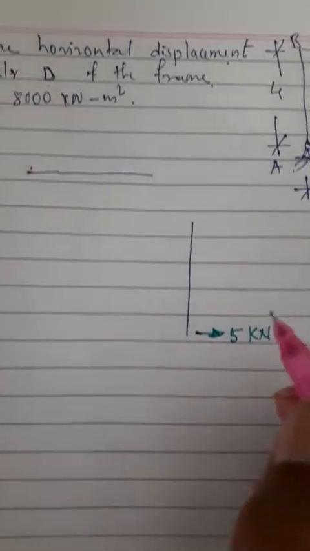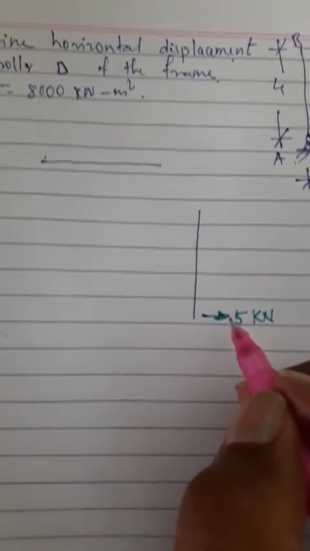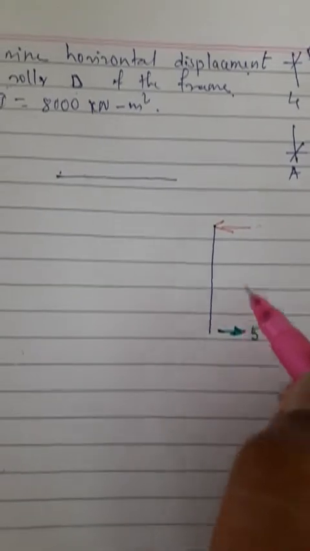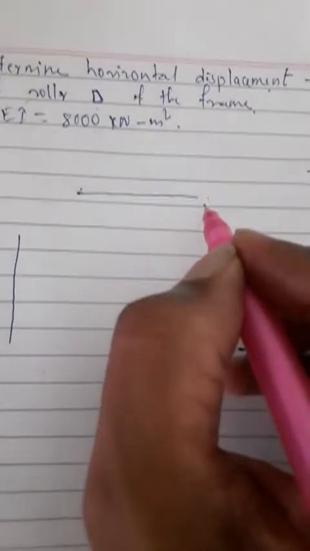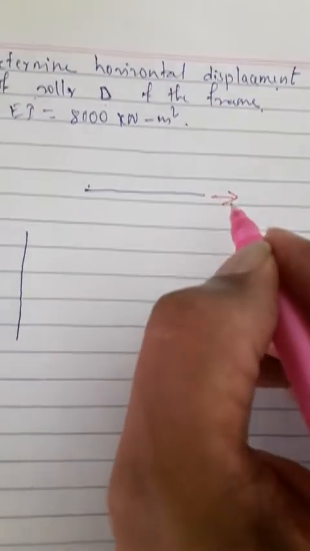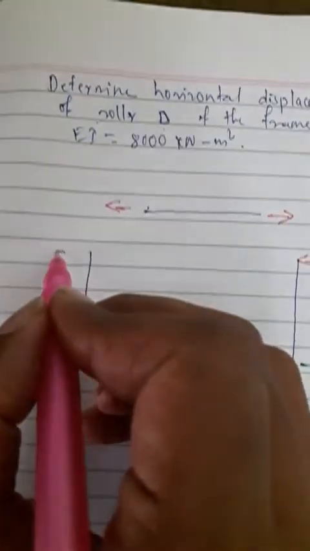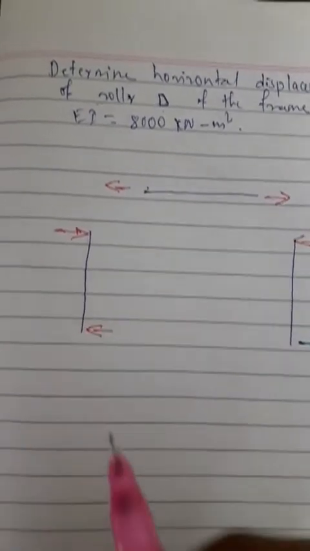Now for this I have to take the sections and draw the free body diagram. In order to balance this, a load of 5 kilonewtons is acting in opposite direction here. Now this makes this member in equilibrium. Now when I join these two together, its opposite and equal has to act here. Similarly, to keep this in equilibrium, its opposite here and its opposite here.